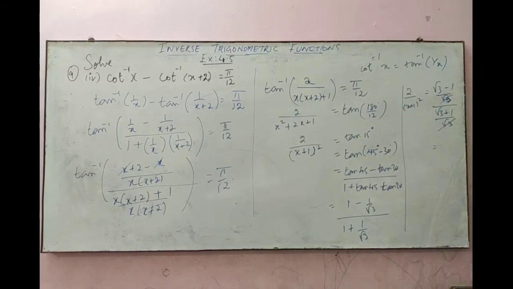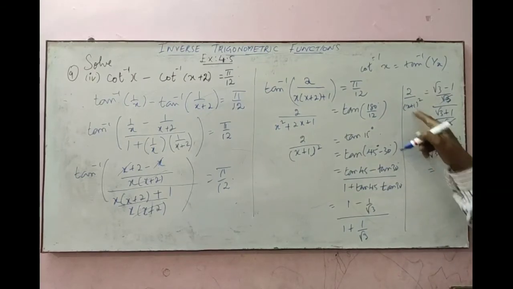Again, in the denominator you have whole square. So I am going to multiply root 3 plus 1 for both the numerator as well as the denominator. That is the conjugate of the numerator. What is the conjugate of the numerator? Root 3 plus 1. Don't multiply the conjugate of the denominator.